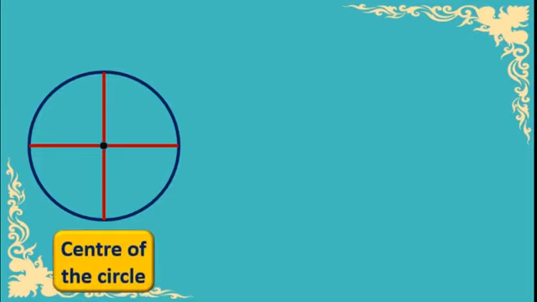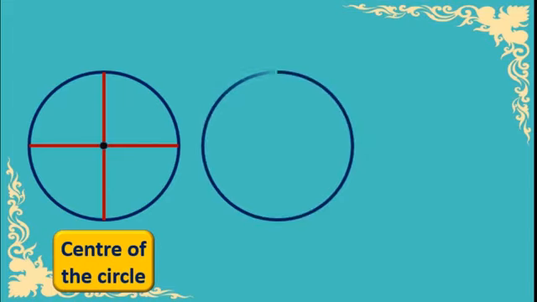Now we will see here. I will cut this circle into 2 parts and then again 2 more parts. I have drawn a horizontal line and a vertical line exactly in the middle of the circle, and we got a point where the 2 lines crossed. That is nothing but the center of the circle. Very good. Got this?